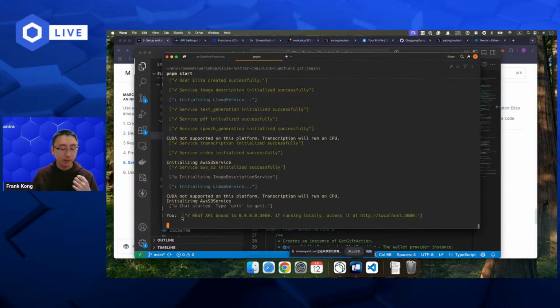Yeah, so for now, the service is already running locally. You can see the REST API bound to 0.0.0.0:3000 and running locally. And for now, you can just input something, like you are using the AI. Like say, hi, how are you?